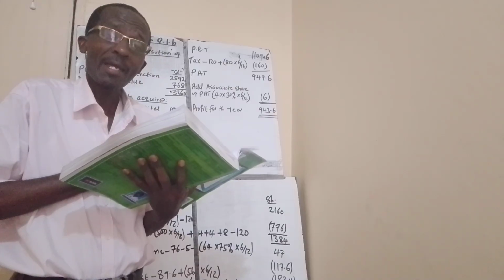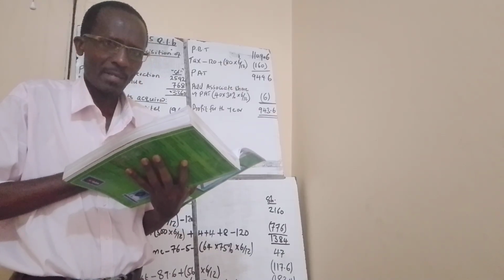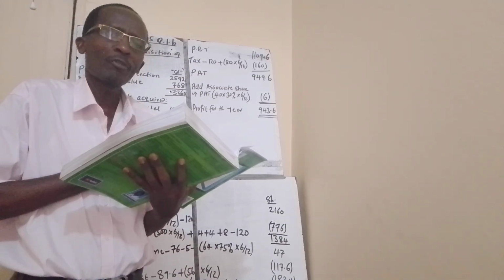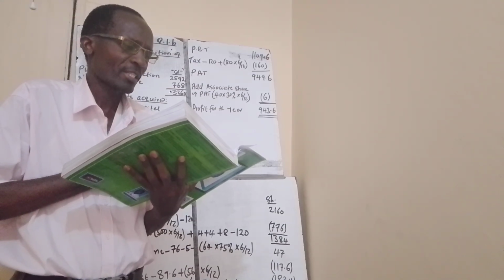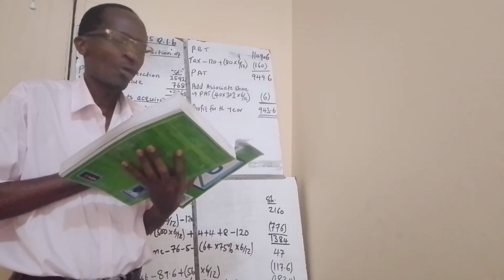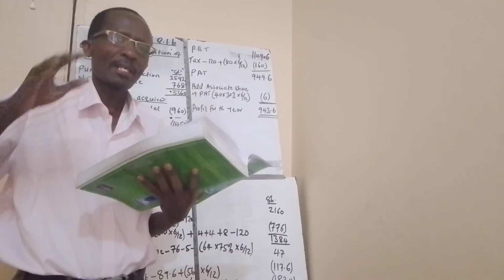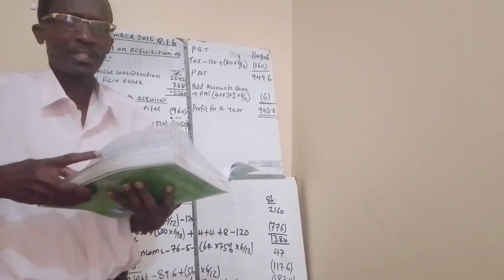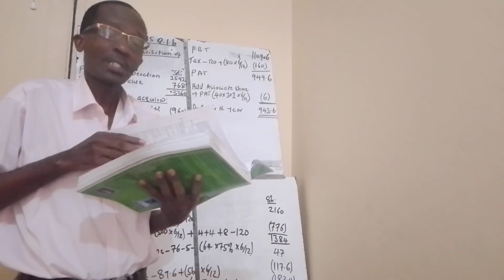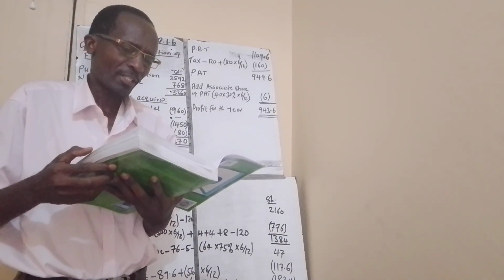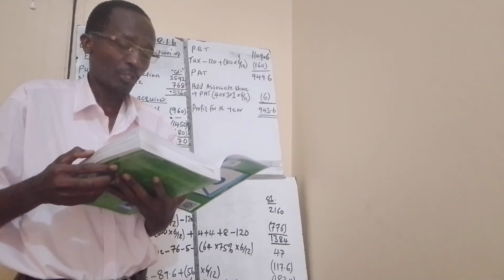So the year ends 30th September 2015. It therefore means the year for this company starts 1st October 2014. So if the year for this company starts 1st October 2014 and the date of acquisition is 1st April 2015,